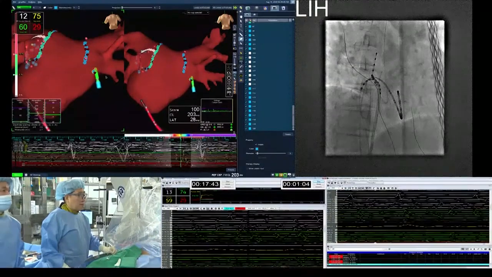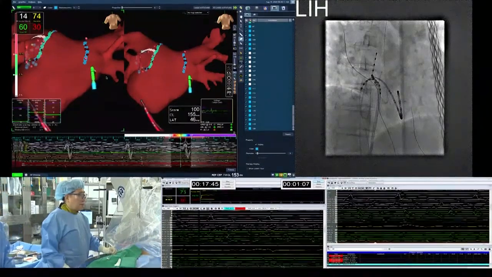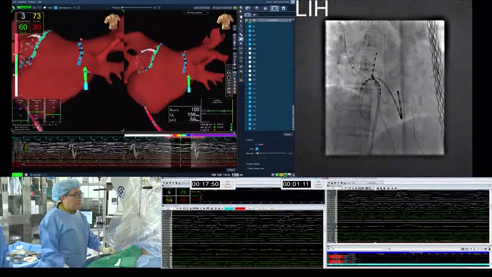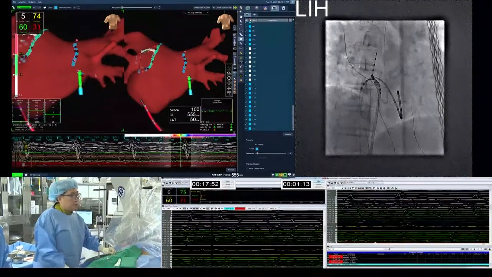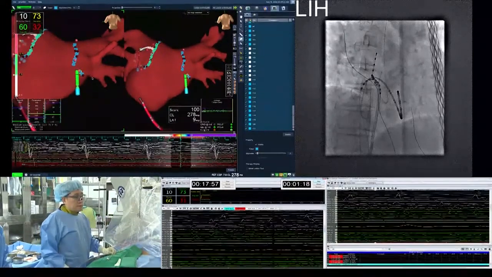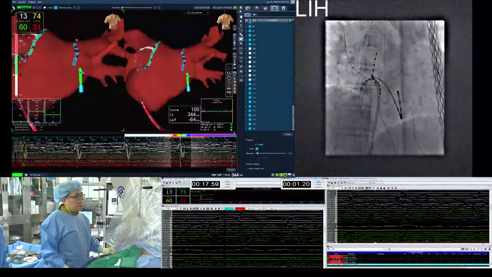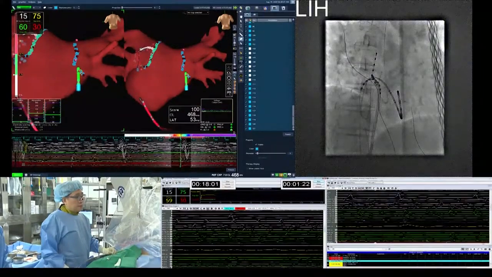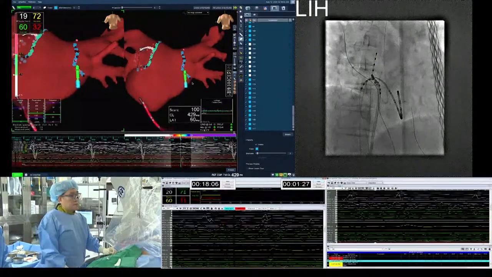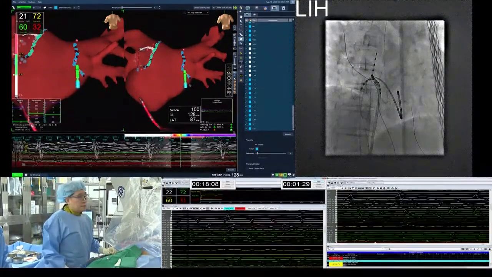Because the musculature of the inferior pulmonary vein, on both sides, is very shallow. If you give a high power burn slightly deep, you have a high risk, a high chance of generating PV stenosis. So always check the aerial view and confirm where your catheter tip is, comparing with the angiogram imaging.